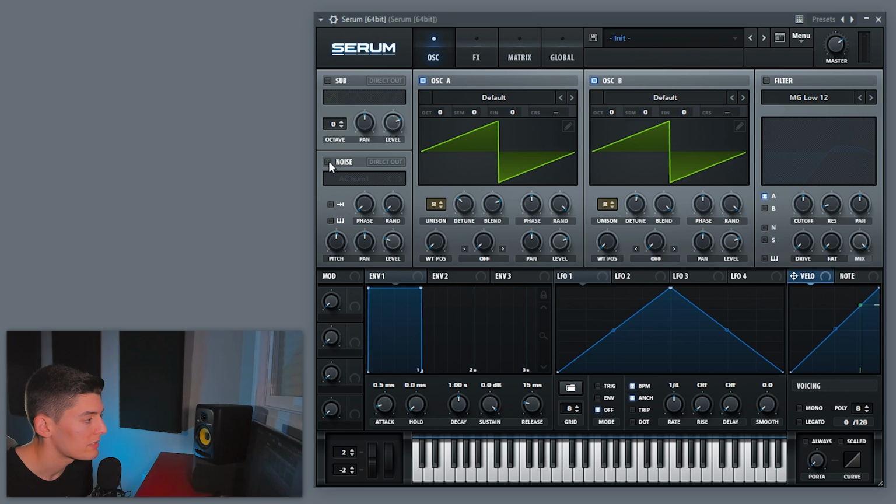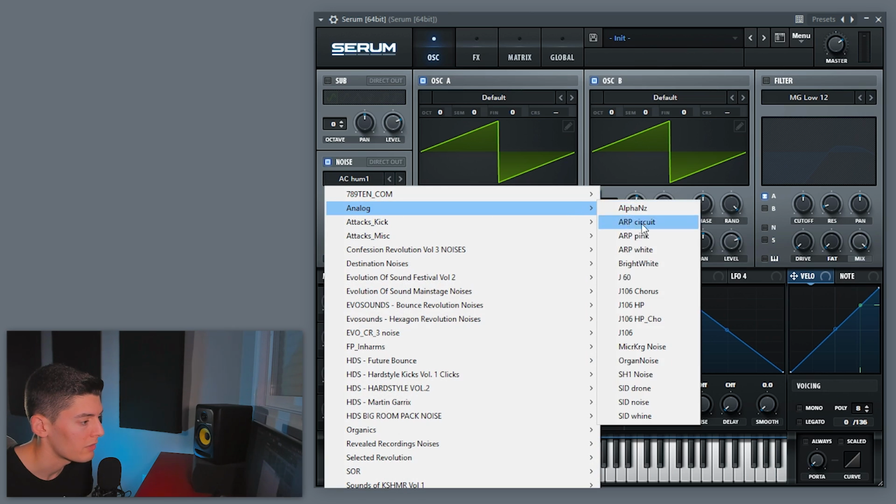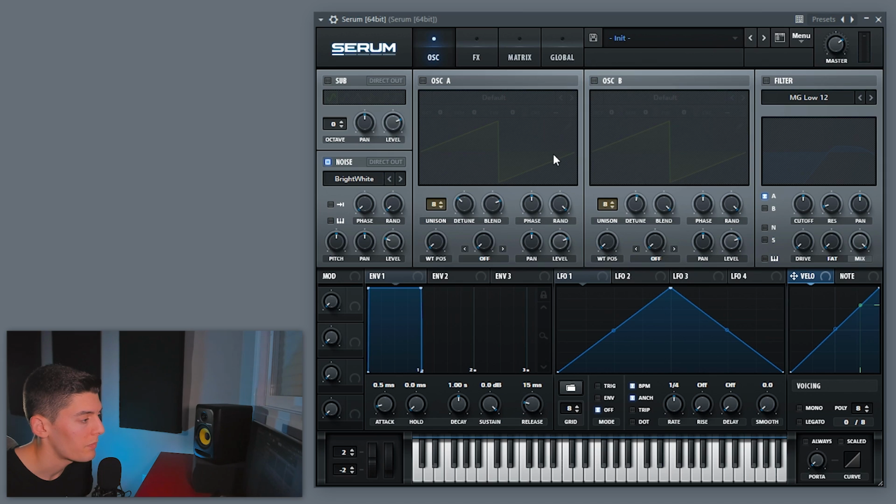Another thing you can do is go here on noise and add a bit of noise. On the noise I like to go to analog and go to the bright white, because this way you're gonna have more noise on this sound and it's gonna sound a bit fuller. The problem with this noise is that if you play it, as you can see, it has a lot of